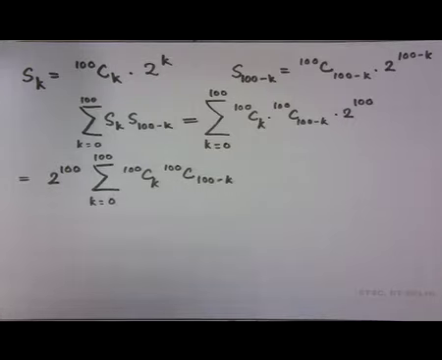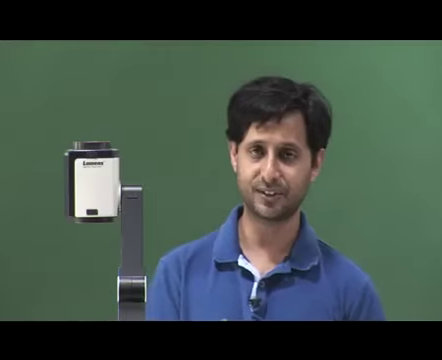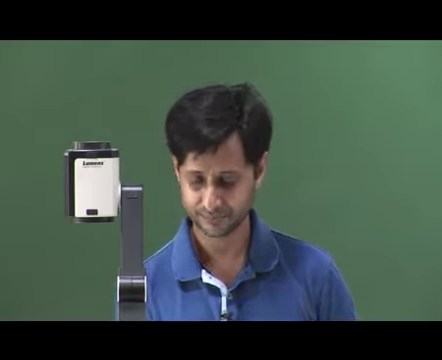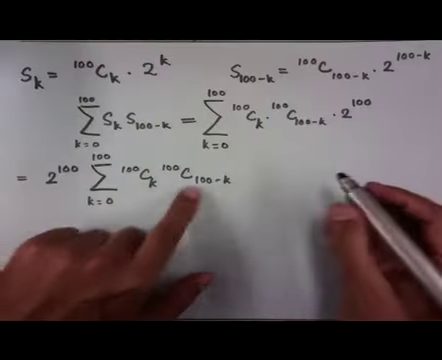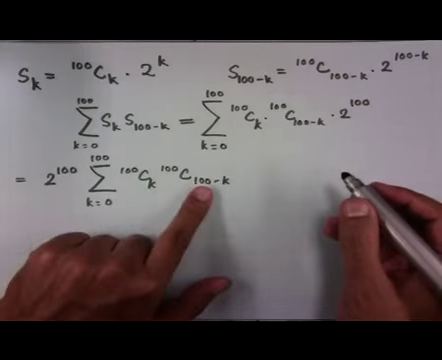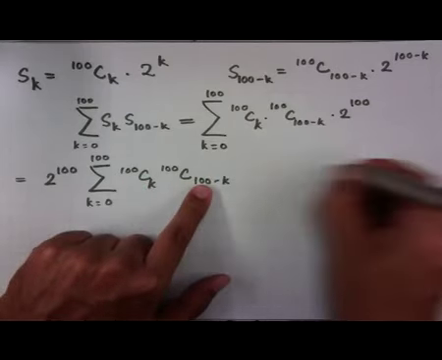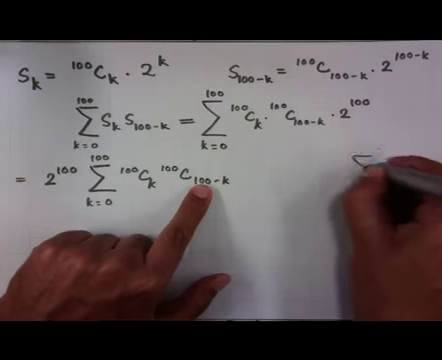Is this familiar now? Can you do this summation? Sigma k equal to 0 to 100, 100 C k times 100 C 100 minus k. If these two are equal, they are equal, right? They are. Then this is also equal to